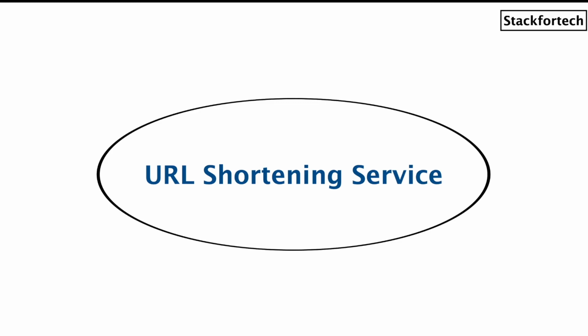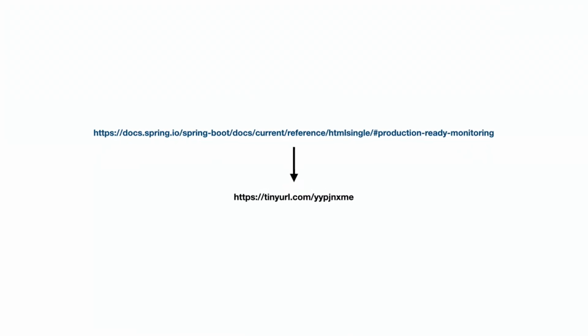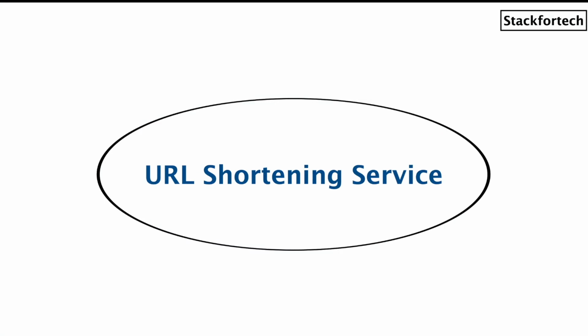A URL shortening service provides a short alias for a long URL. Short links save a lot of space when displayed, printed or tweeted. So let's say for example you have a long URL and you want to share it on social media or with someone in a personal chat window, then you don't want to send that long URL, right? You want a short and crisp URL to be sent. So you can make use of these services which are readily available.